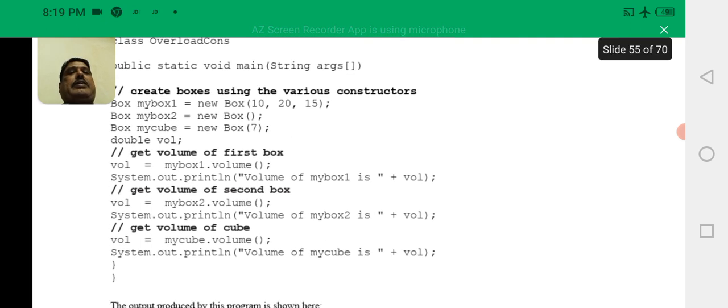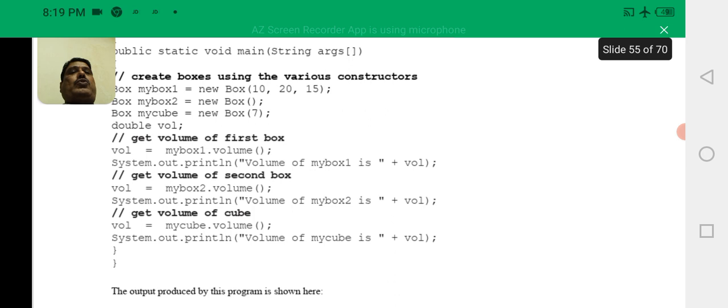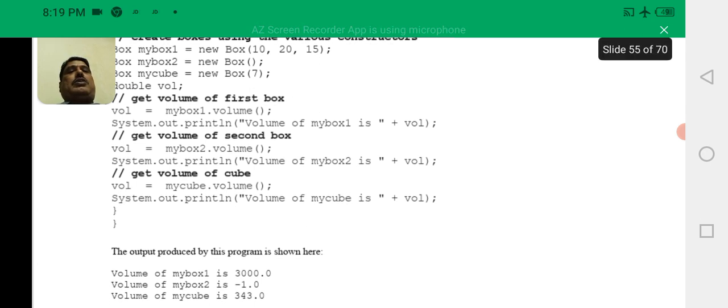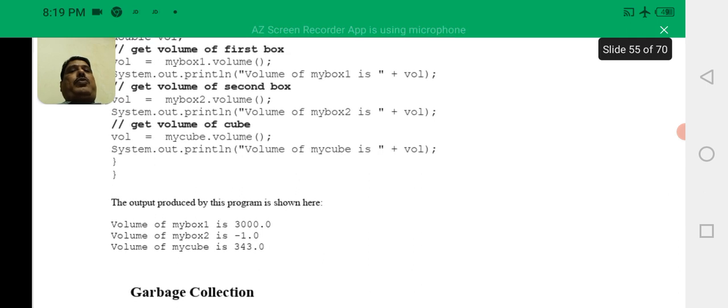Getting volume of the second box: vol equal to myBox2.volume, System.out.println("Volume of myBox2 is " + vol). Getting volume of the cube: vol equal to myCube.volume, System.out.println("Volume of myCube is " + vol). So the output of the above program is